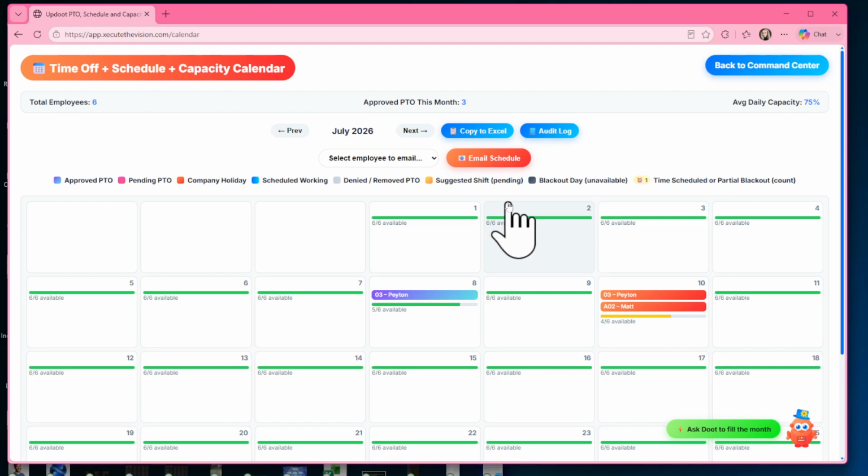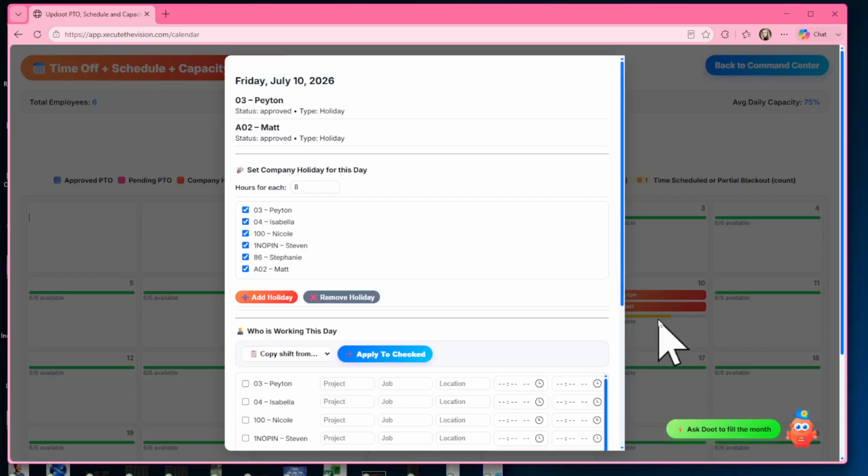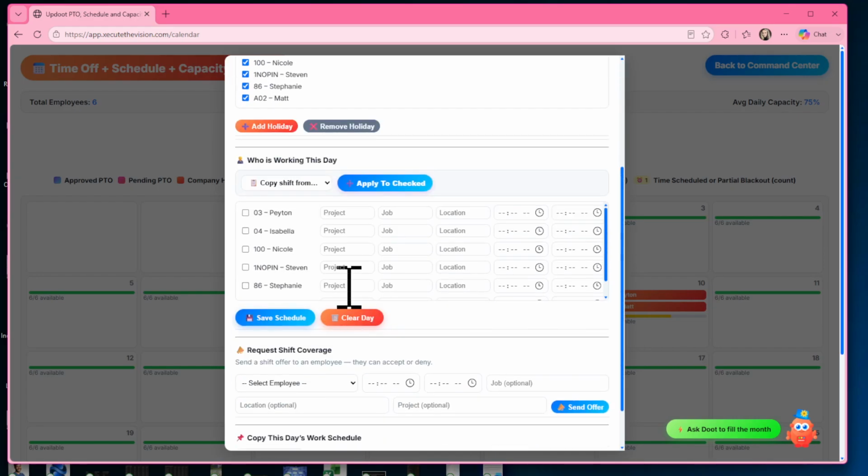If you wanted them to come out of the bank, you could treat the custom field as holidays instead of using the holiday function. So if I go back here and I say that, let's say we wanted Peyton to work, let's start the actual schedule function. So I have the ability to copy shifts if they already existed here, but they don't. So if I've got Peyton here, let's say you could name this particular project. You could say